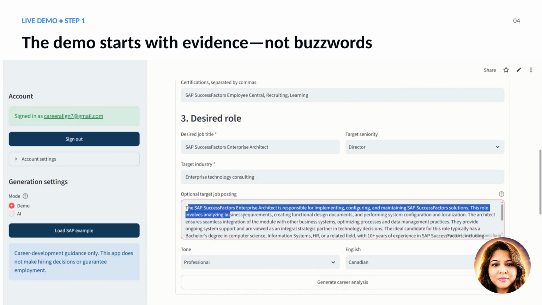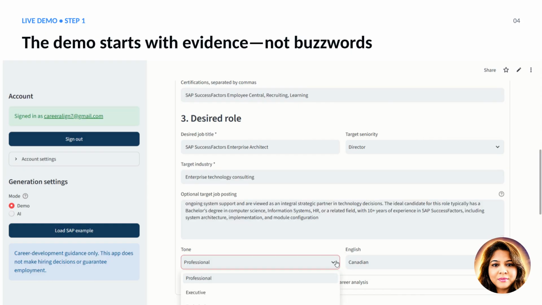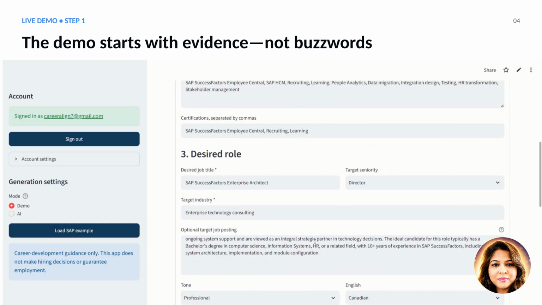So here I have also mentioned the optional job posting which I want to apply for. The tone, you can keep it as professional, executive, technical, and concise. I will keep it as professional, and English also you can keep as Canadian, American, and British for generating the career analysis. After doing this, you will hit the generate career analysis button. Once you hit this button, it will generate the